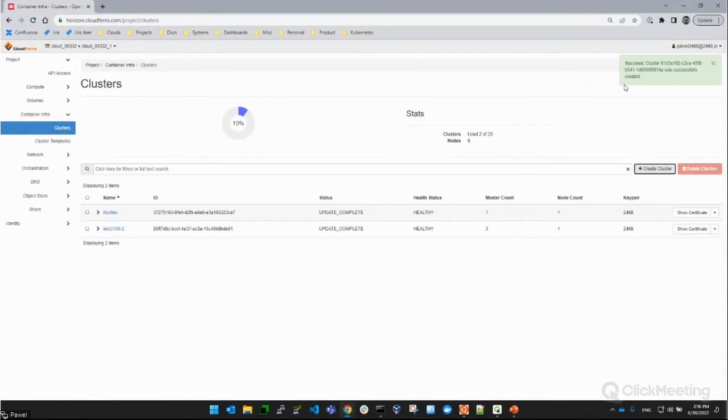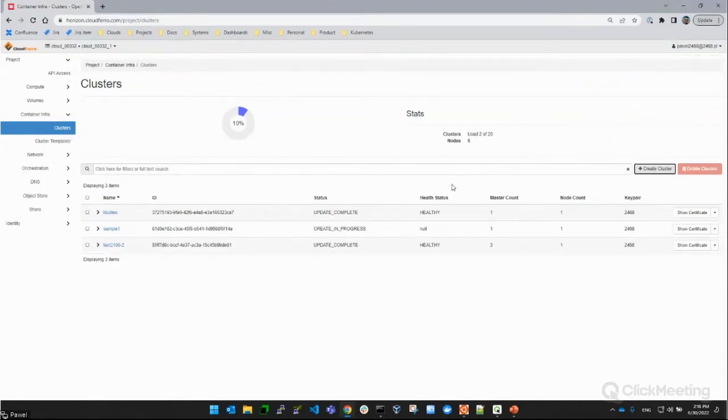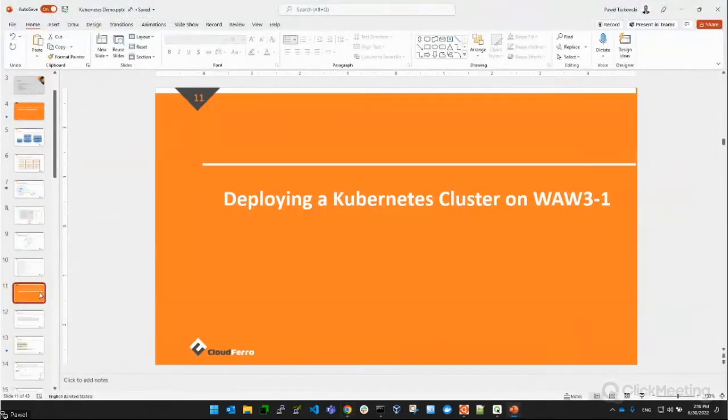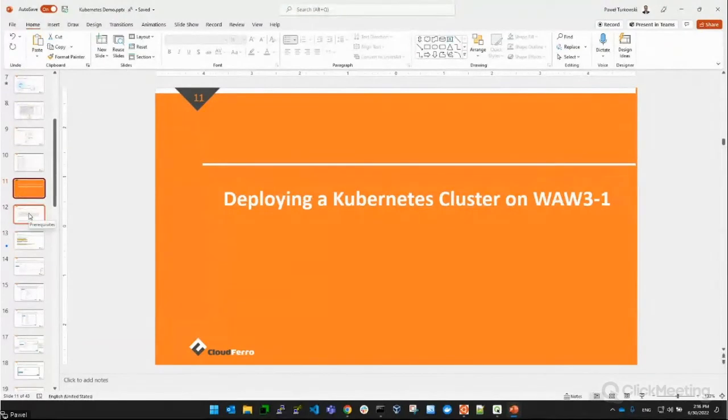Okay, so I did deploy the cluster. It's running here in the background. Normally it will take around 10 minutes to create such a cluster, so I will not wait. I will use an existing cluster to show you other things. But in the meantime,